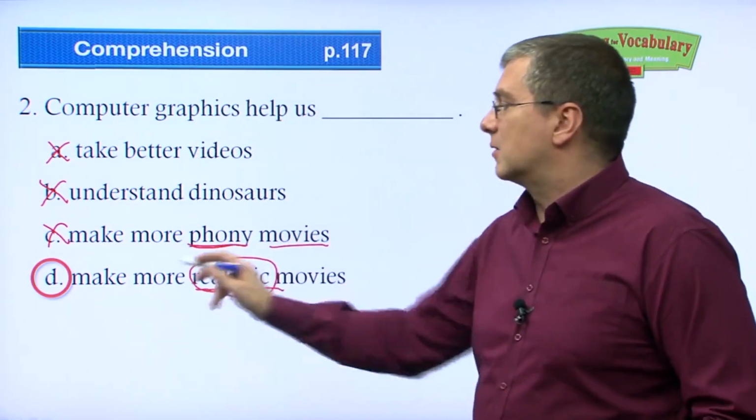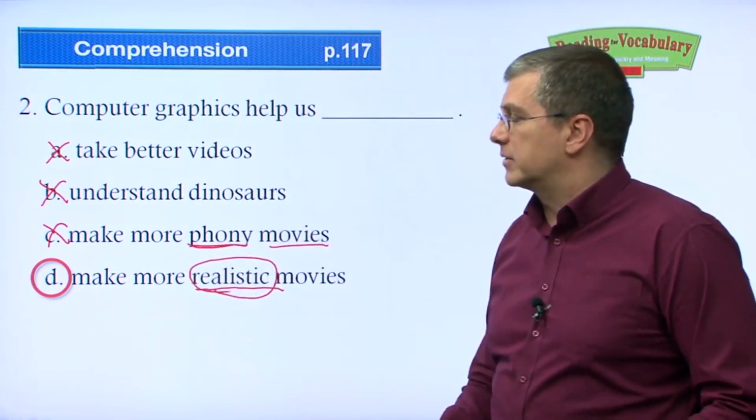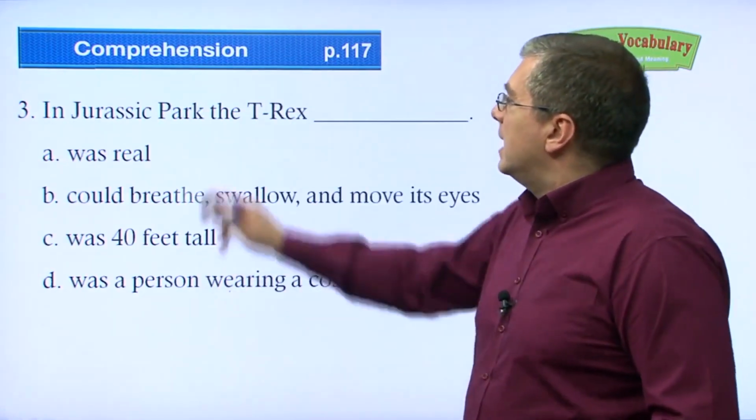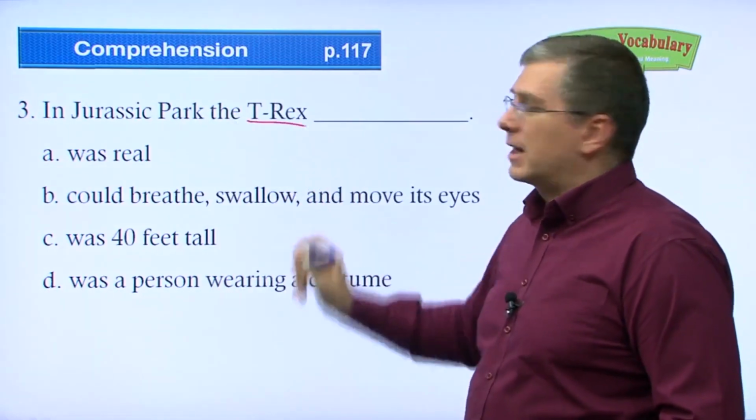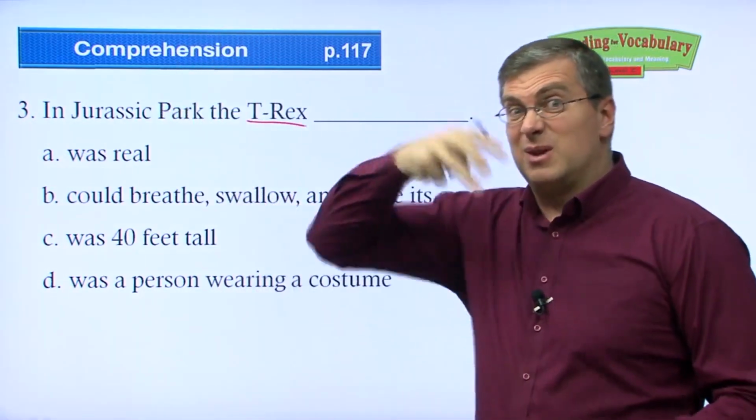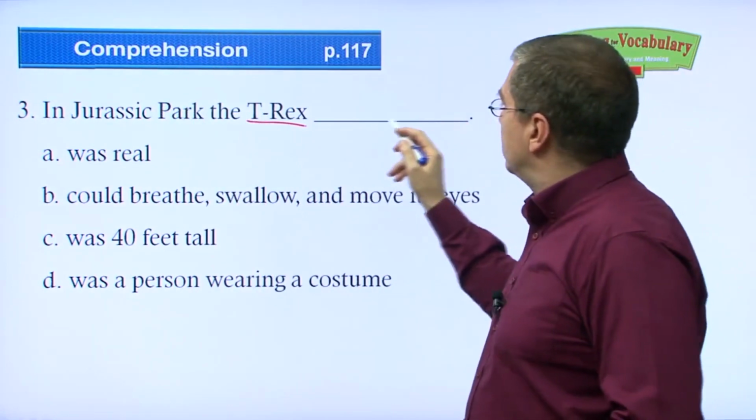So D is the right answer. Okay, number 3. In Jurassic Park, the T-Rex, remember that's a Tyrannosaurus Rex with the big teeth, the T-Rex,